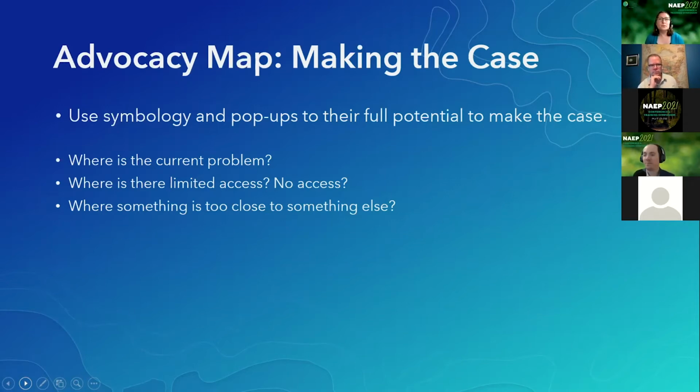Maybe something is too close to something else. In Southern California, they have enacted ordinances about vape stores next to elementary schools. So you can think about one type of establishment being too close to another establishment. That would be what we consider an advocacy map or an access map, showing,